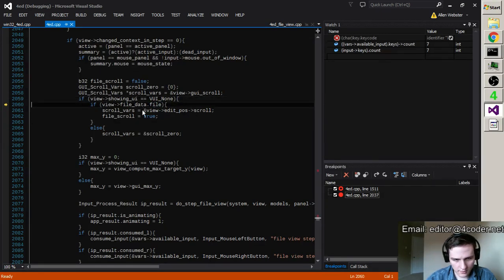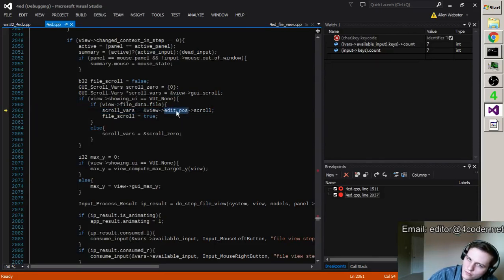again, I don't think that this is legitimate. I think that that should always be an assert. So we're basically setting the scroll vars. If we're not showing GUI, we're setting the scroll vars to the scroll of the current edit position.